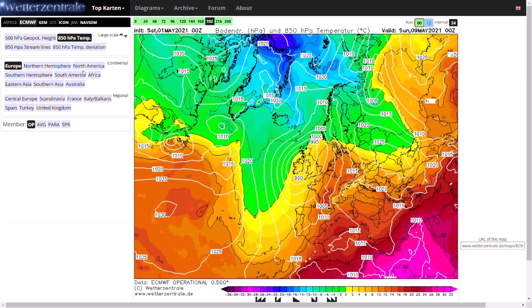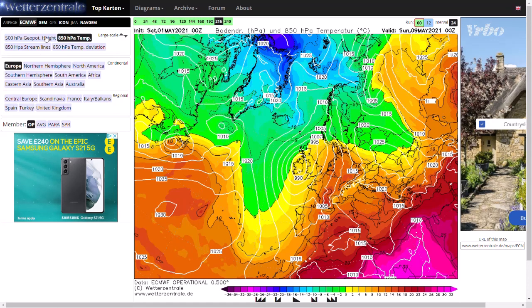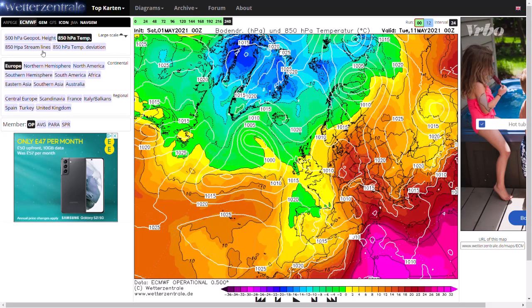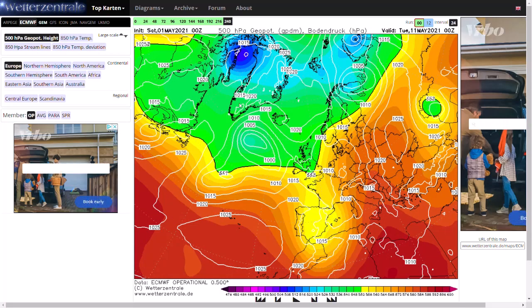And you see again, warmest air goes further eastwards, but you still tap into some warmer air, especially further eastwards. Beyond that, again, high pressure does look like it's going to try and build in from the east, but definitely the ECMWF is going more westerly in the longer term. If we now have a look at the GFS